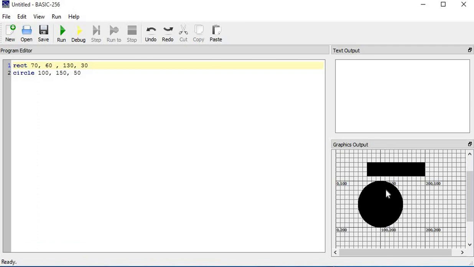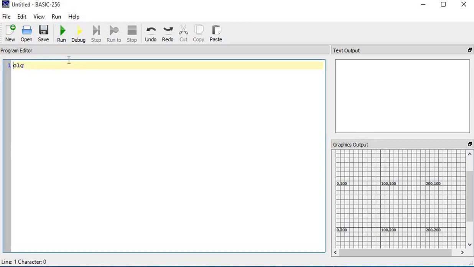Now if you see, these are all in black color. What if I want to change the color? I will show you how we can change the color of the objects or the shapes that we have. Just type CLG over here so that it clears the graphic. Yes, CLG I have done. Now I will create a circle of different colors. So say color. Here the spelling of color is COLOR, not COLOUR. Please make sure you write the correct one.